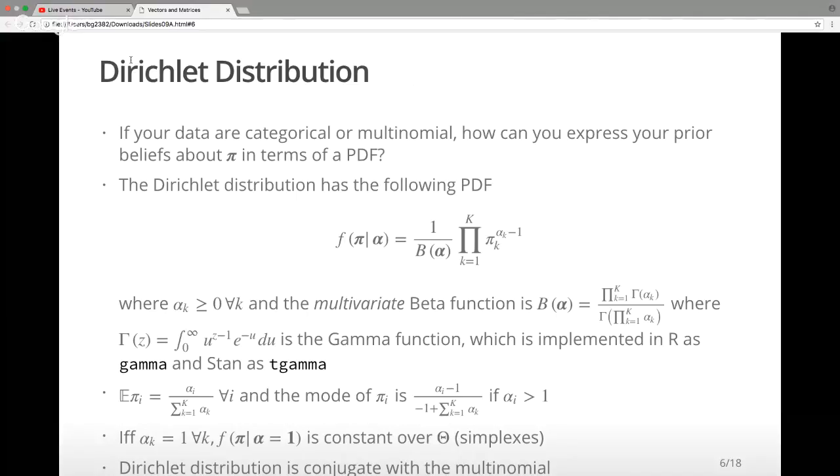So you have uniform beliefs about where pi lies in this parameter space, but this parameter space is a closed set. Like with any uniform distribution over a closed set, the maximum entropy distribution is going to be achieved by making it uniform. Also related to the beta distribution, this distribution is conjugate with the multinomial,